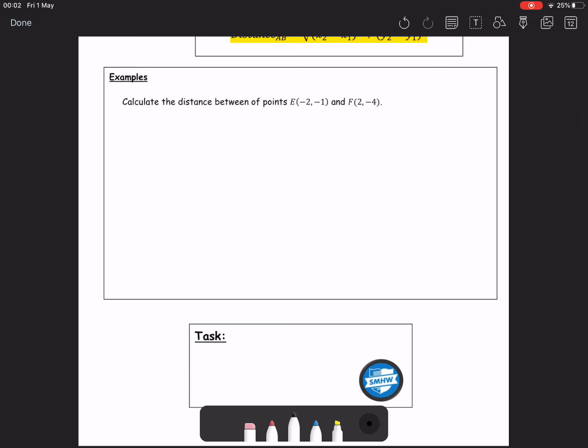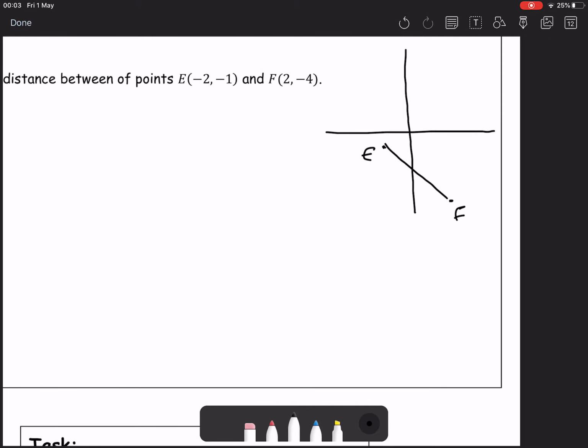If we were to plot those points within a coordinate diagram, very, very quickly, we have the point E, we have the point F, and we are looking for the distance of those two points. So if we looked at that a wee bit closer,